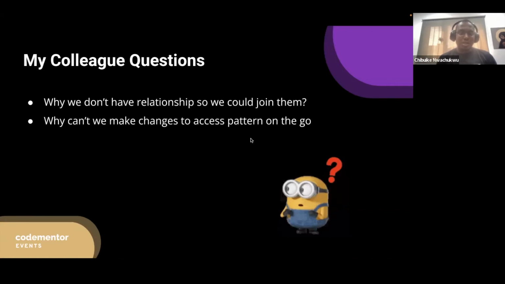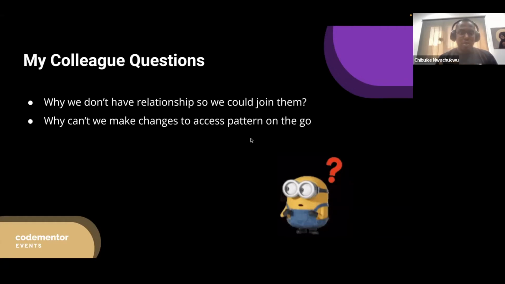On the go. But he was having conflict when I told him that we cannot actually do this in DynamoDB when our data is already on the go, right? Our data is already deployed, or we've already deployed our table. So I'm addressing most of his questions, or let me say the two questions. Like I said, for the first question, I think I've addressed it, where I said,